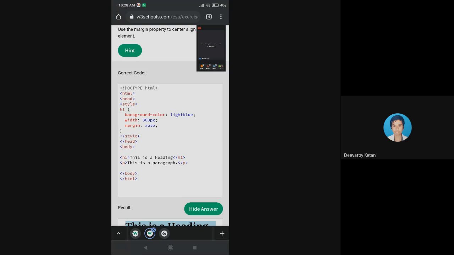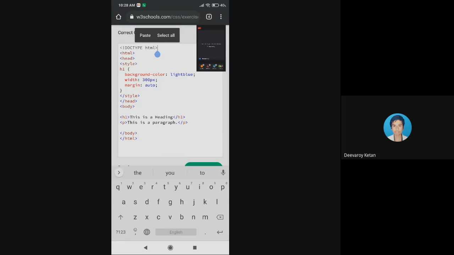Here, in the example, there is something called correct code, which I have highlighted. This is the block, a box of gray color, and under that you have a white color box. This is also one container, which has been set in the center of your screen.